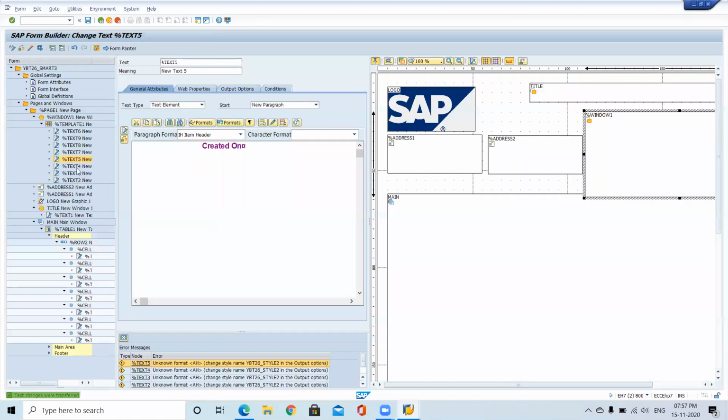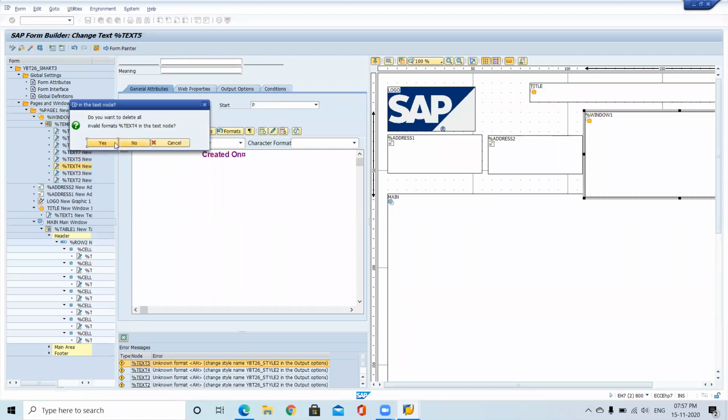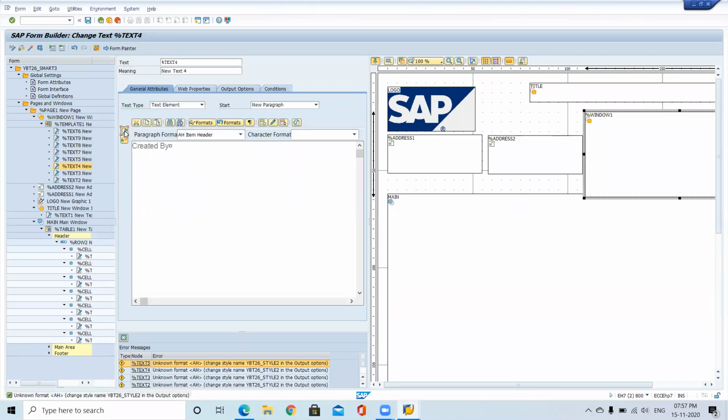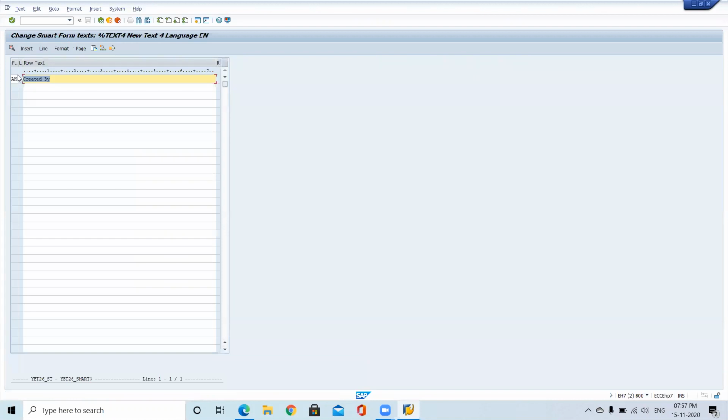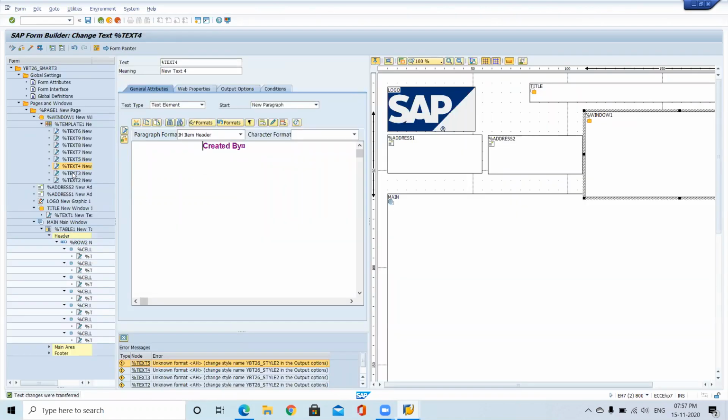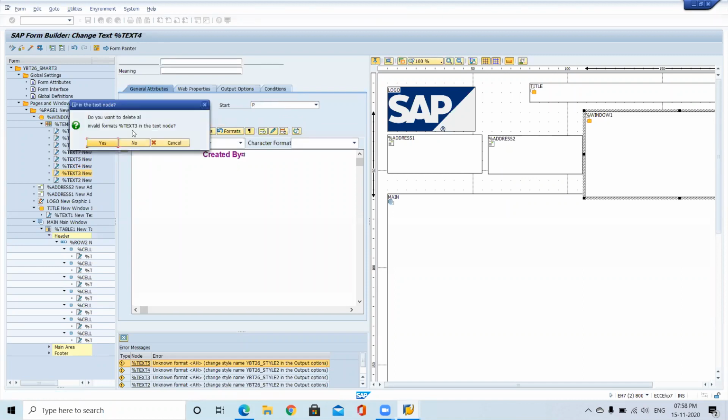So for 5, here it is throwing an error 5, 4. So here for this one, we used item header. IH3 also we are having a problem.